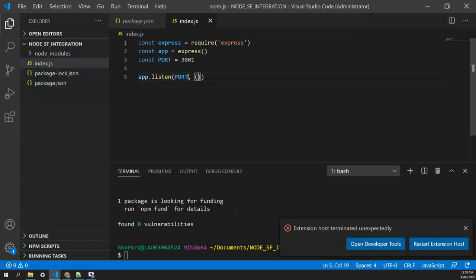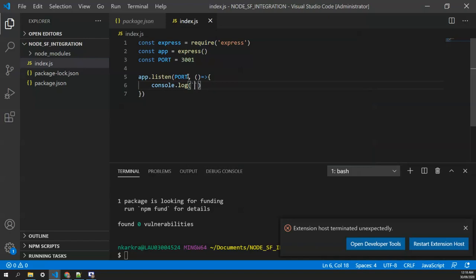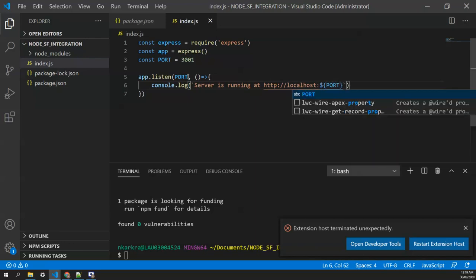And once the server is ready, just print a message in the console. The second argument is the callback function, and we'll say console.log, server is running at http://localhost:, and we'll add the port.